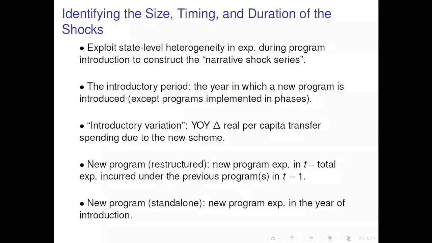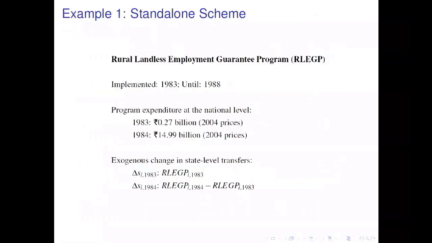The idea is if there were previous programs and there's a level of expenditure, and then you implement a new restructured program, which usually has higher expenditure and higher budget outlay, we take the spike, the difference. But if there is a new program altogether which has no previous analog, then you take the whole expenditure as exogenous. Are all the shocks positive? Not necessarily. Some of the shocks are negative, which is good in our case because we want both to be the case. Although I'll show you the graph and most of them do look positive, some of them are in fact negative as well.